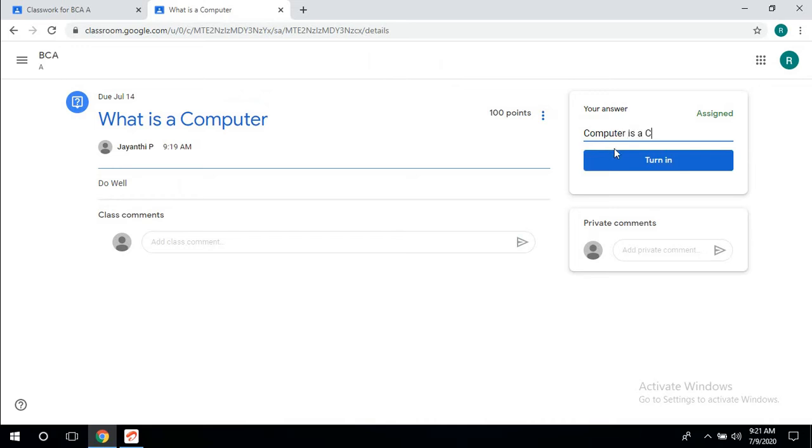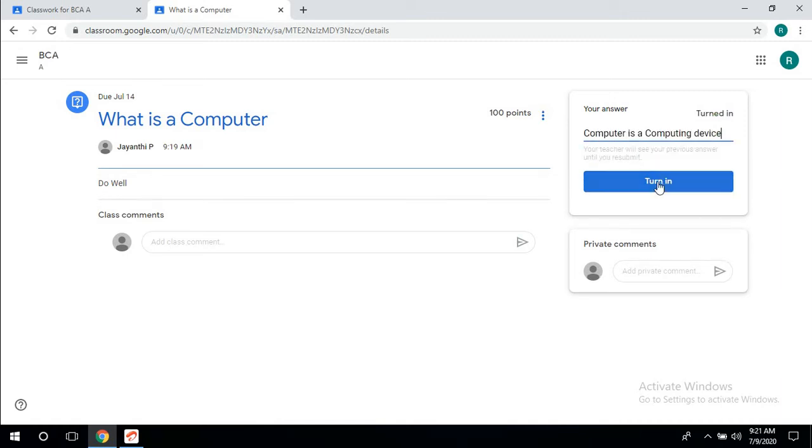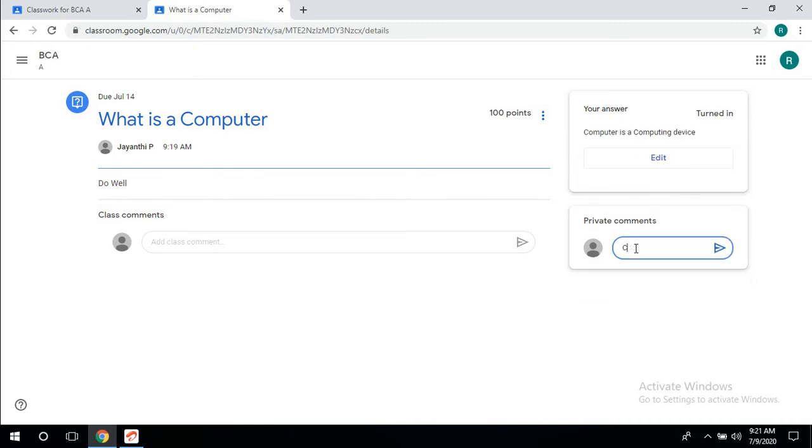For that question, we are going to type an answer, and then click Turn in. If you want to edit that answer, we can edit it there. If you don't need to, we can click Turn in, and then you can give some comments.